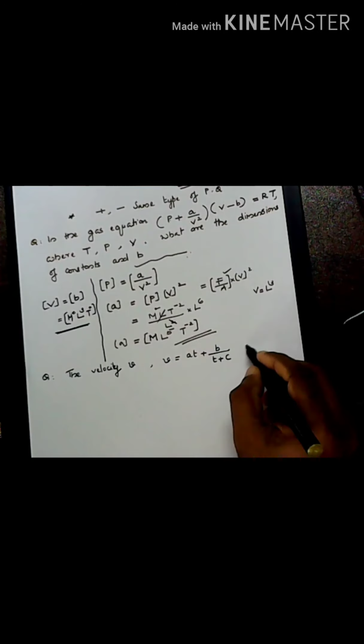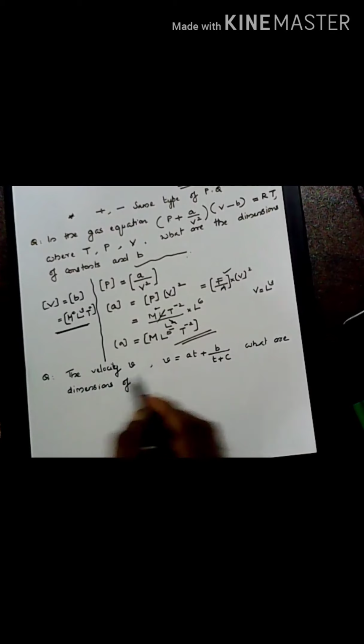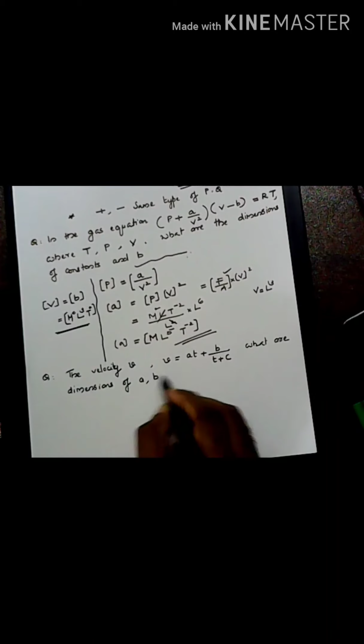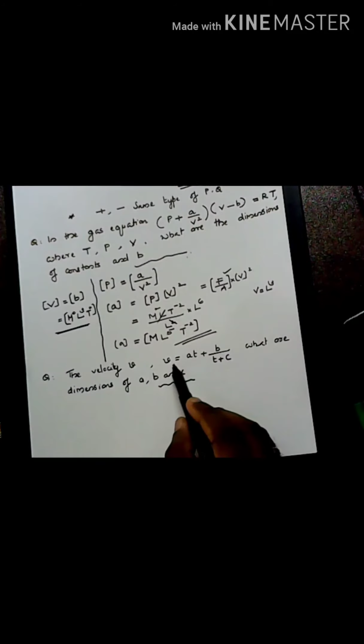So the dependence of velocity on time is given to us. Then we have to find the dimensions of A, B and C. So we can use the above said concepts again, and here by using that principle of